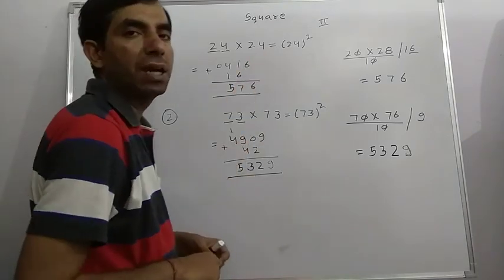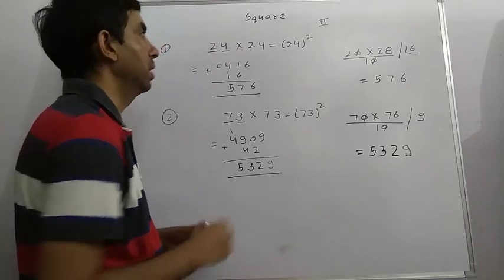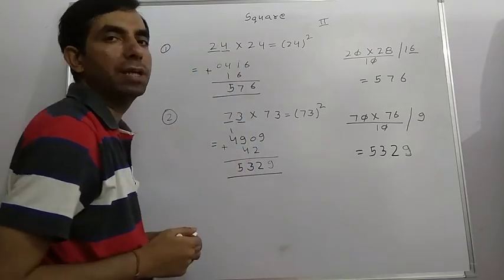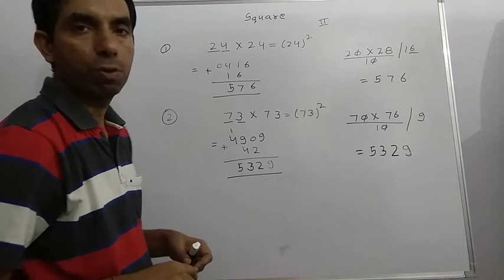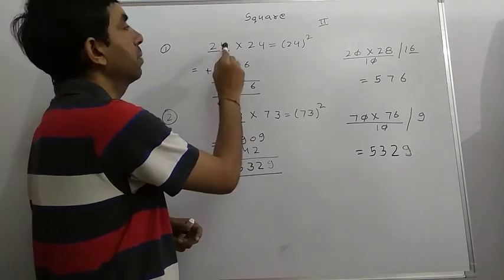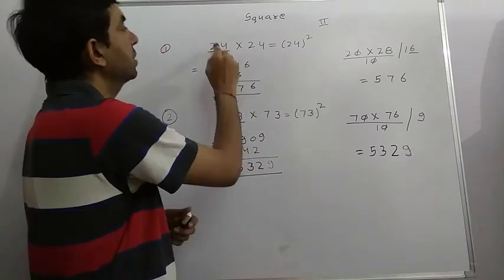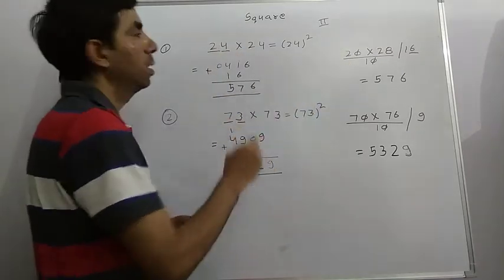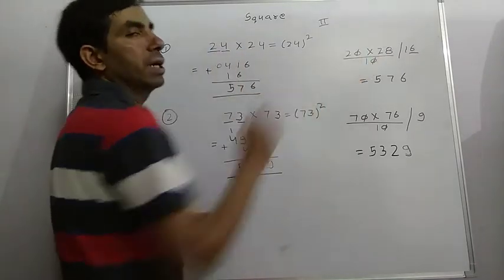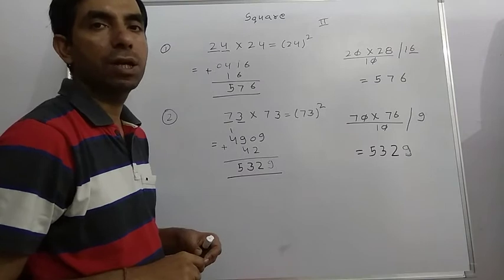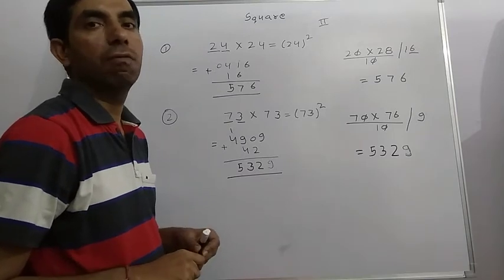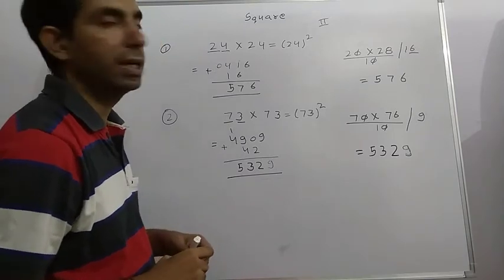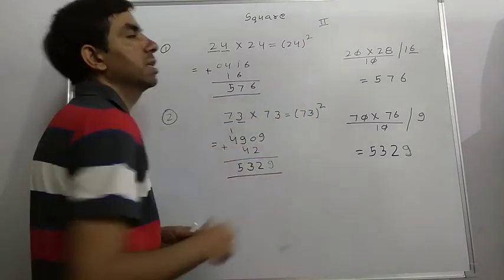The second method depends on the difference from a simple number. Here the difference from a simple number is 4, so we take 4. 4 is added to and subtracted from this number. First we subtract, 24 minus 4, 20. Then we add, 24 plus 4, 28. In the denominator we write 10 because the difference is one digit. So write the 10 and write the slash.